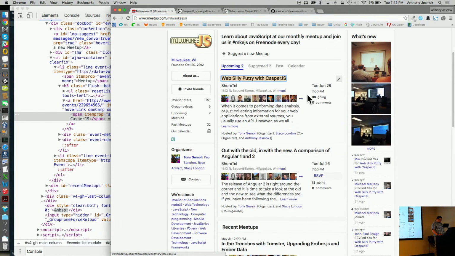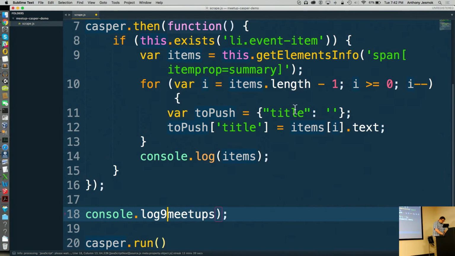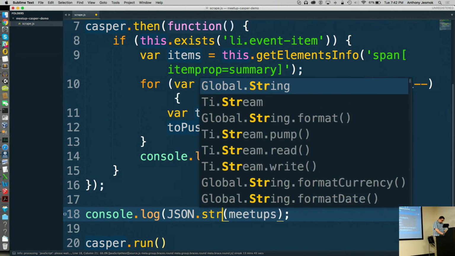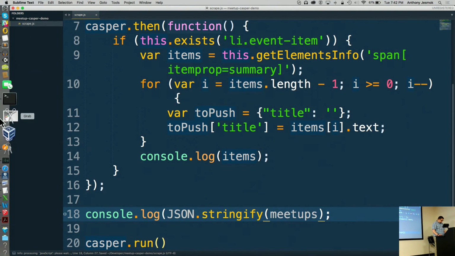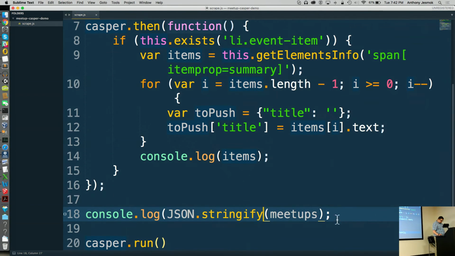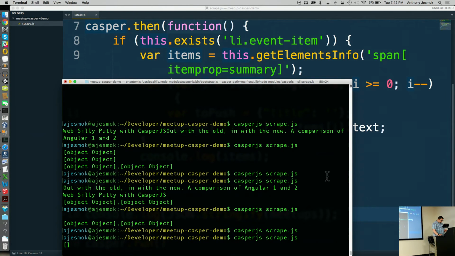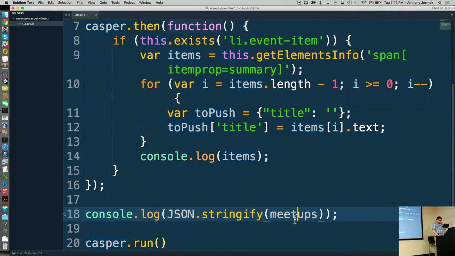Could you call it stringify? Is that what you're trying to do? Thank you, stringify. See, get in front of a bunch of people and it just starts. Thank you for that. Sure. And I'm missing. Thank you. All right, let's try this again. All right. What was that? Yes.